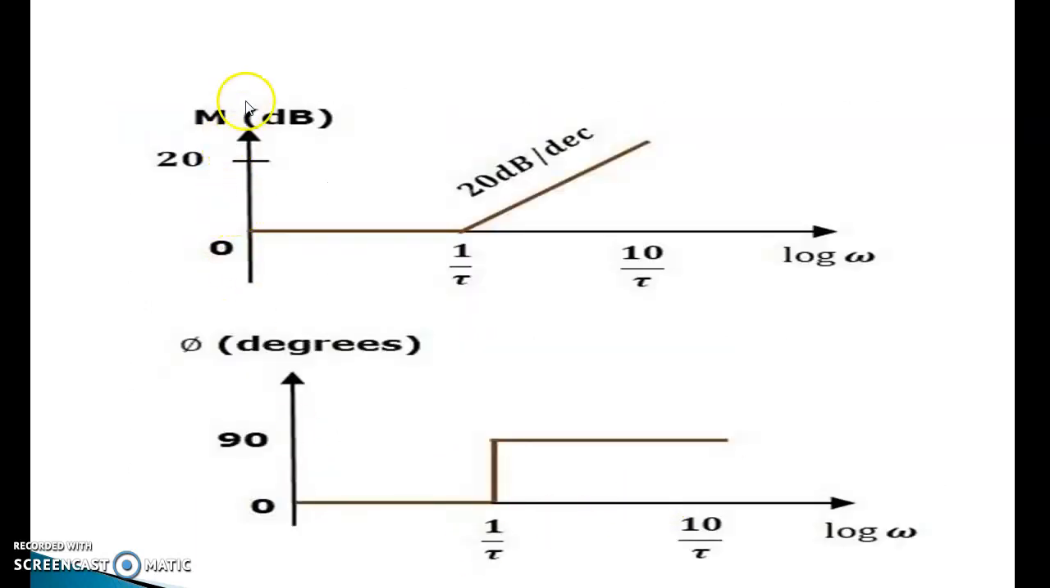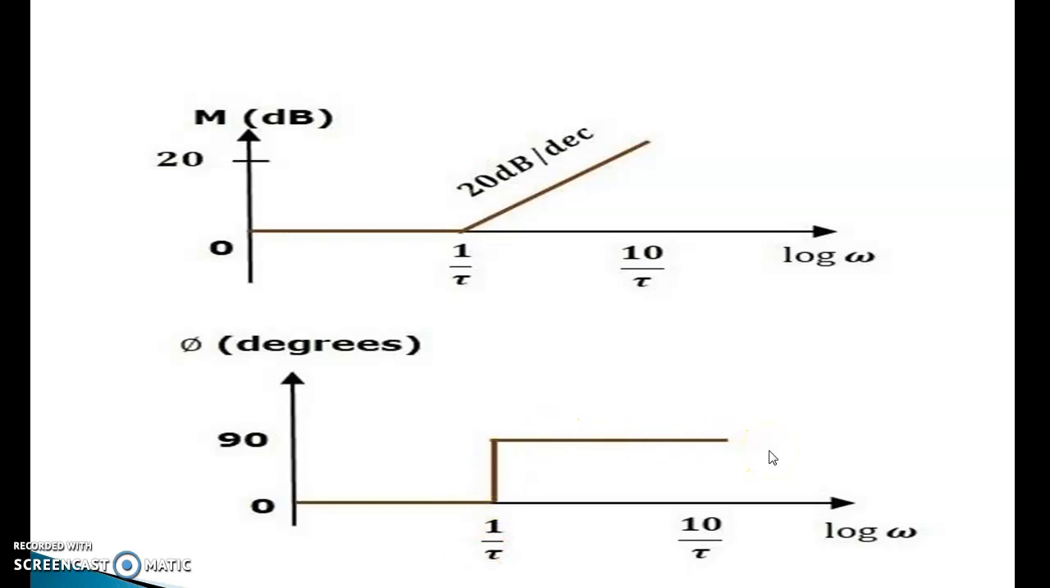This one is the magnitude decibel line and this is the log omega line. This is 0, this point is 1 by tau, this one is 10 by tau, this is 20 decibel per decade. And similarly the phase angle phi in degrees with respect to log omega. This is the 1 by tau point, this is the 10 by tau point, this is the 90 degree line, and the curve